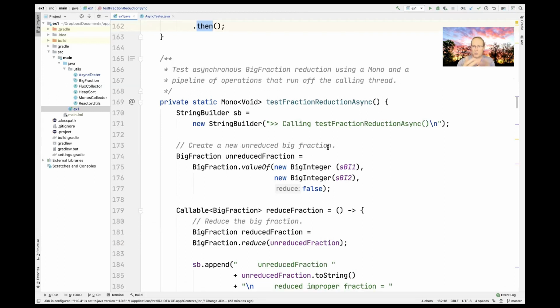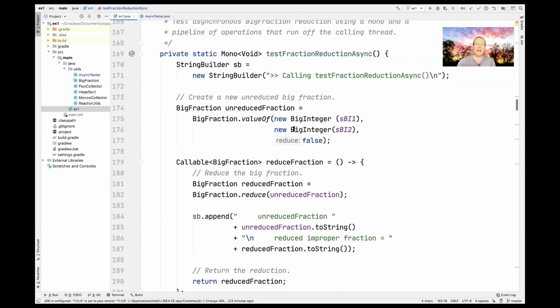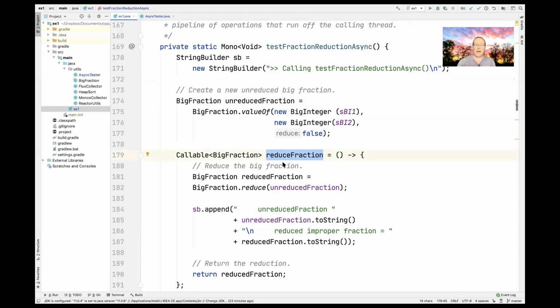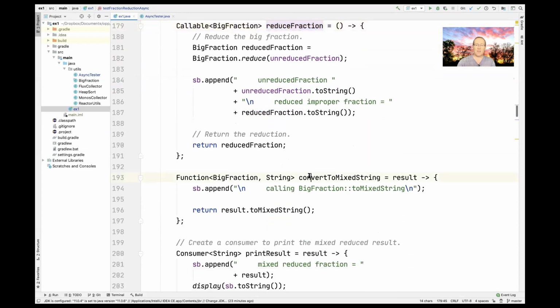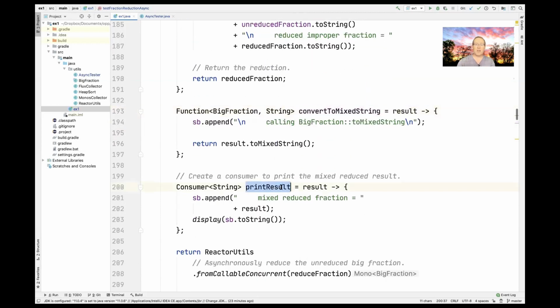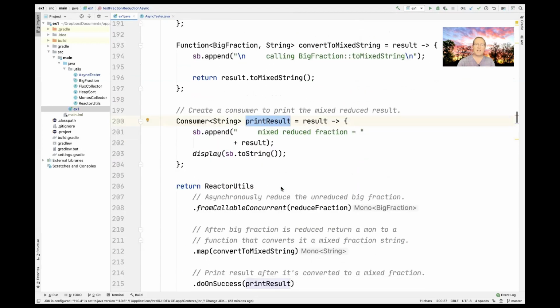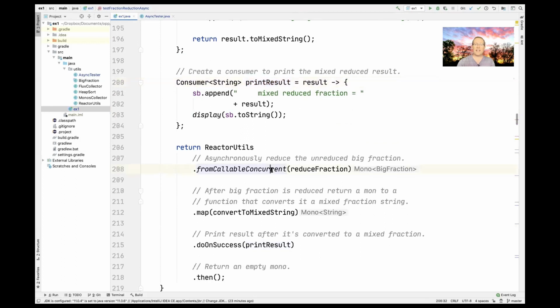This is going to do the same sort of thing, except now we're going to do this asynchronously. So we're going to have the same unreduced fraction. We're going to have the same callable reduced fraction. We're going to have the same convert to mixed string. This is all the same as before. We have the same print result. The only difference is rather than doing from callable off of flux or mono, what we're going to do